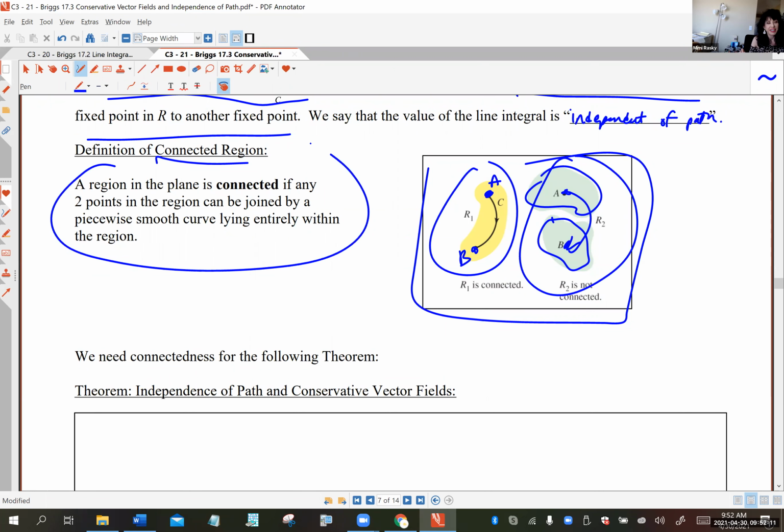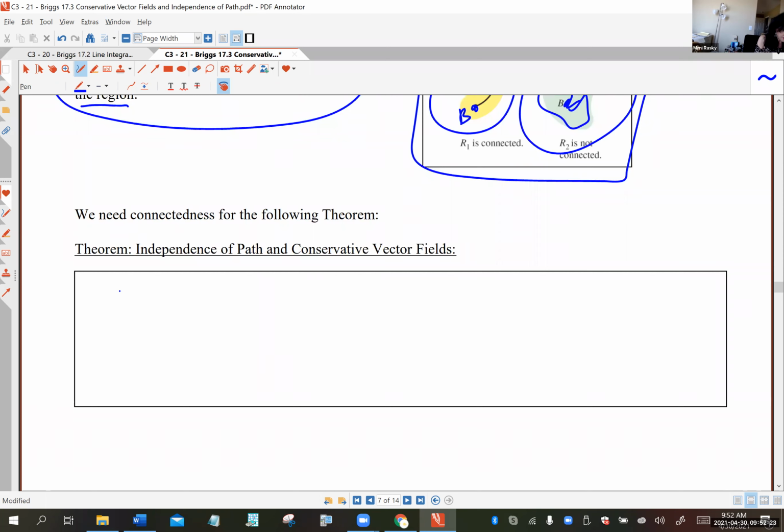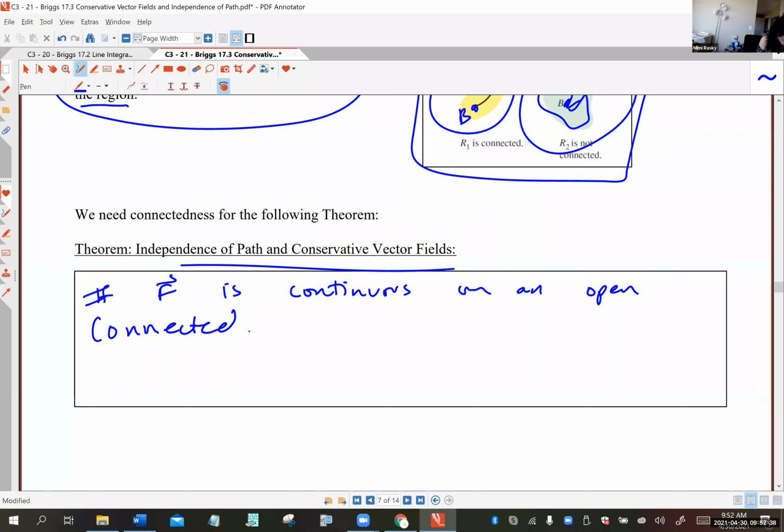So here's the official definition. We say it's connected if any two points in the region can be joined by a piecewise smooth curve lying entirely within the region. Otherwise, it's not connected. And we need connectedness for this next theorem. The independence of path and conservative vector field says if f, that's your vector field, is continuous on an open connected region, in other words, not Hawaii,